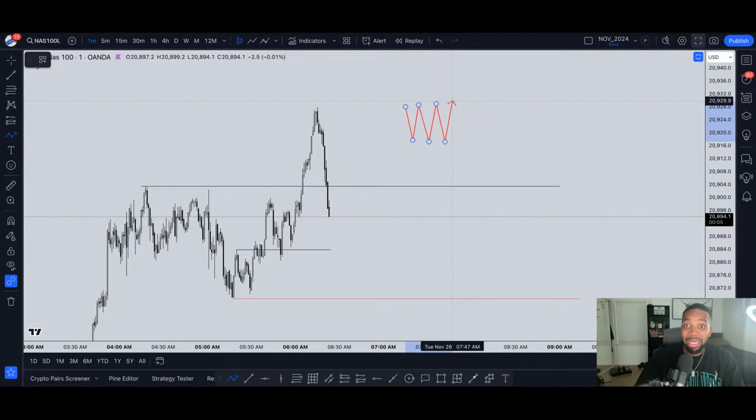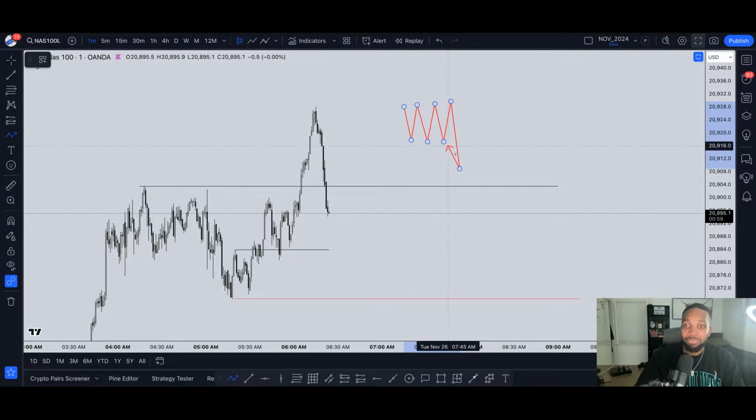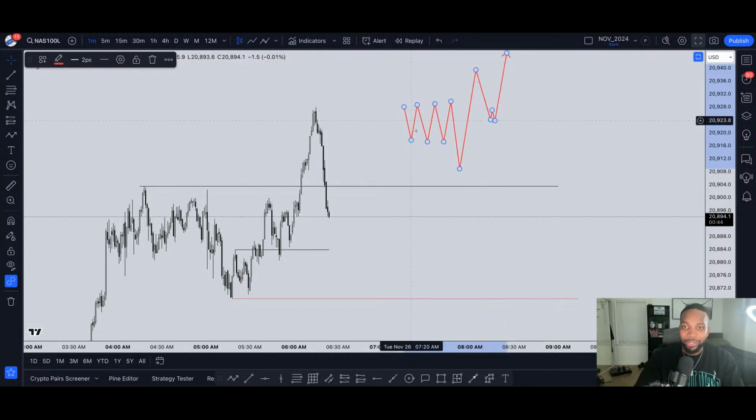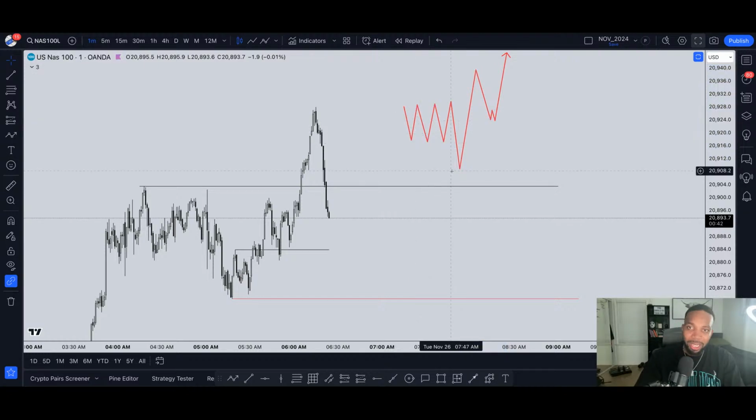And they come in and purposely sell the market to stop loss all the buyers here, and then they immediately buy it up to stop loss all the sellers. So now buyers and sellers got cooked, and then that's when they come in and play around here, and then they take the price in the same direction. And then all the buyers are like, dang, I was in the buys, but I got stopped out, and then it flew my way. It always happens.